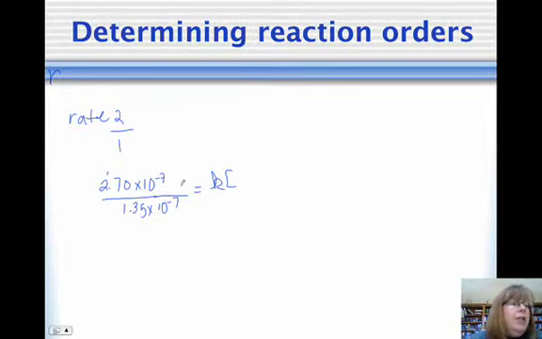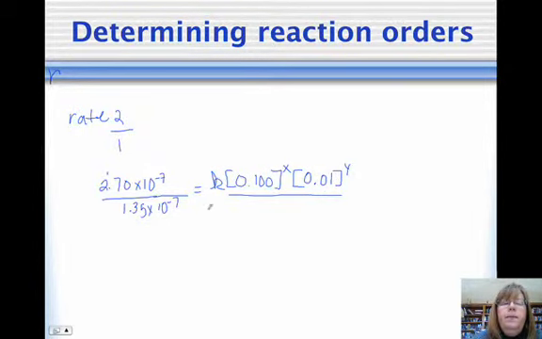In reaction 2, the ammonium concentration is 0.1 molar raised to the x, and the nitrite concentration is 0.01 raised to the y. And then all over, these numbers come from reaction 1, which is 0.100 to the x and 0.005